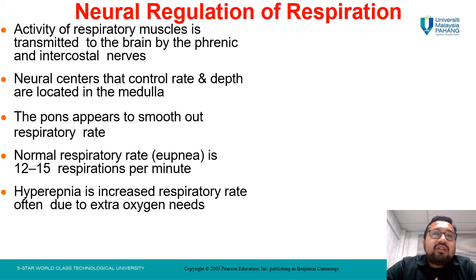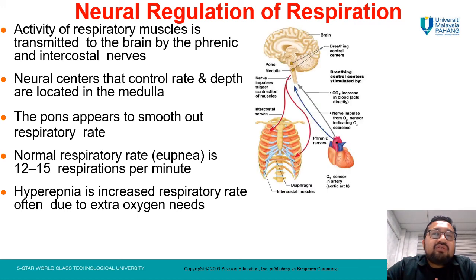Hyperapnea is increased respiratory rate, often due to extra oxygen needs. Basically, what we control here is from the phrenic nerve, which is controlled by the brain. Its position is near the medulla, the breathing control center. To move the intercostal muscles and diaphragm,